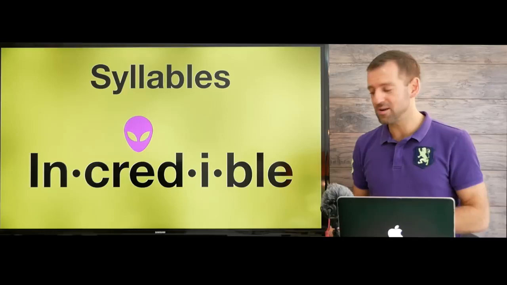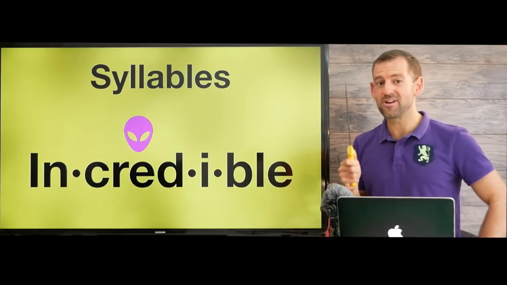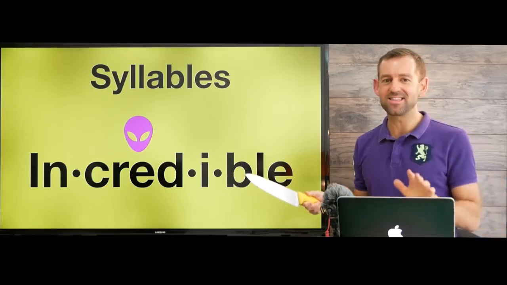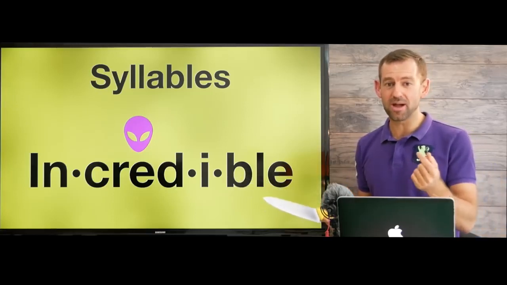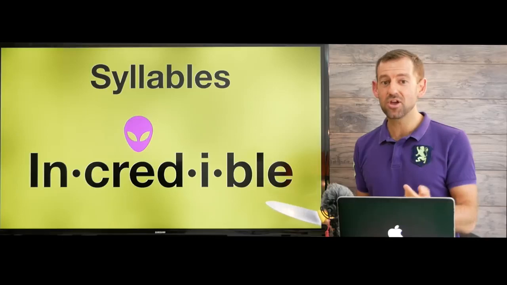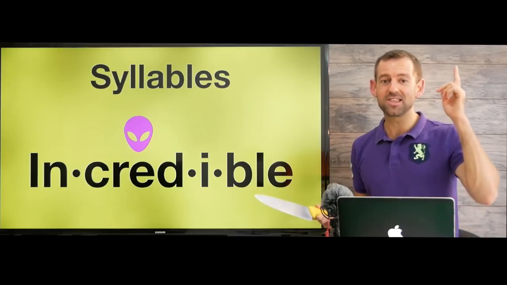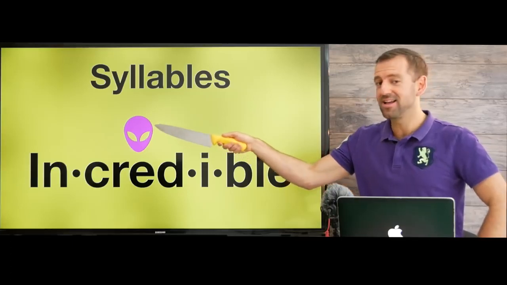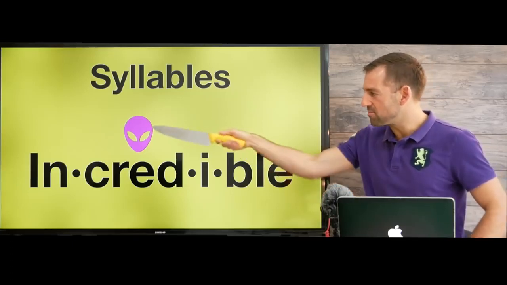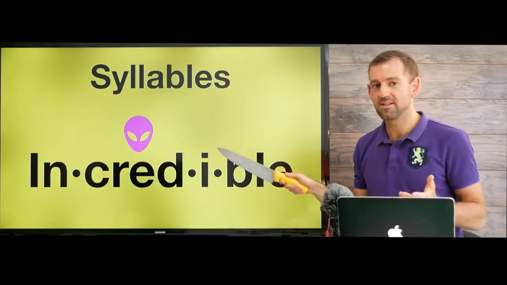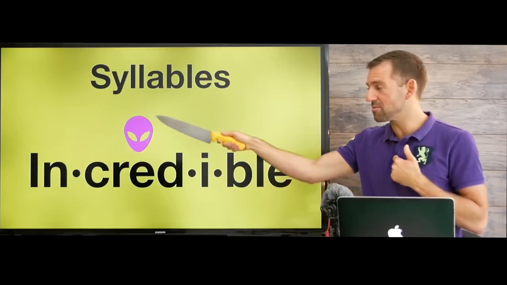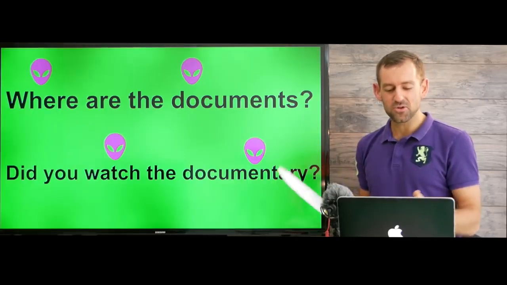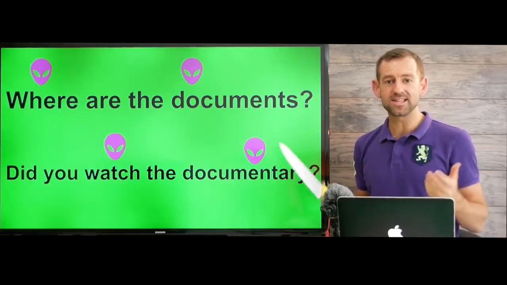Incredible. I hope you brought your knife because we're going to kill pronunciation in this series. If you haven't watched my first lesson on pronunciation, you should watch that right now. I'll put the link to it somewhere right up here, okay? So we need to kill this guy. Incredible. I'm incredible. You're incredible. We're incredible. Okay, so let's get some practice with real sentences.